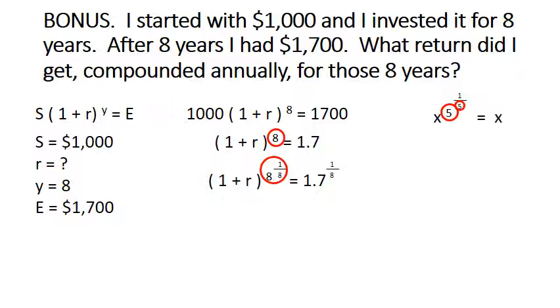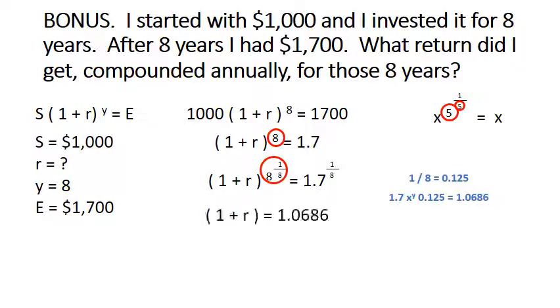Now you might be asking, how do I do an exponent raised to a fraction? And the answer is just the same as you do raised to a whole number. You figure out what the fraction is. 1 divided by 8 is 0.125. You write that number down on a piece of paper. And then you take 1.7, x to the y, 0.125, which is the same as 1.7 raised to the 1/8. And that gives you